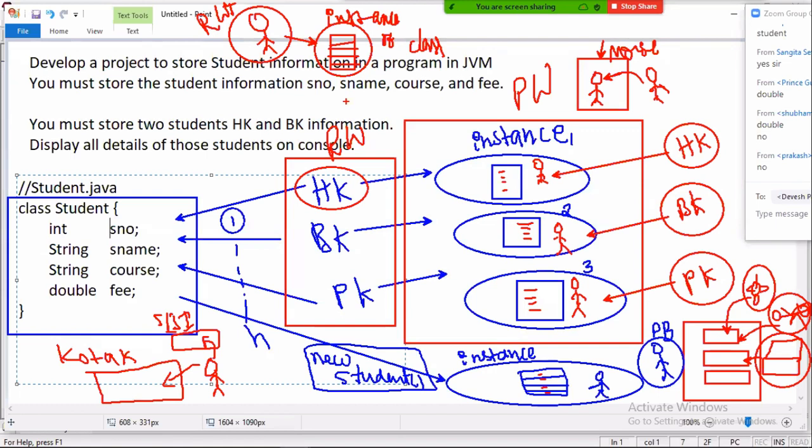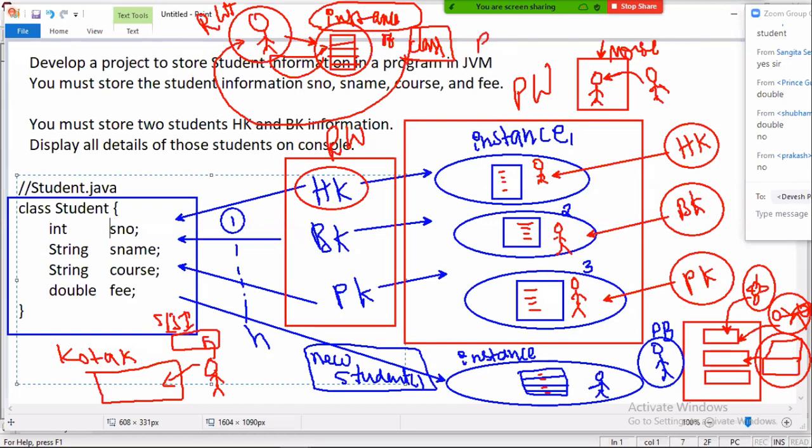You are answering, so you should have clarity on why an instance of a class is called an object. Because the memory created from the class, one copy of memory created from the class, is representing one real world object by storing that object's values. That's why an instance of a class is called an object. A real world object is represented by one instance, one copy of memory created from a class.